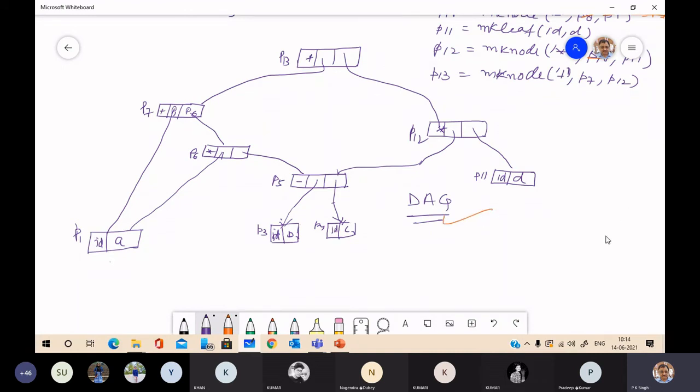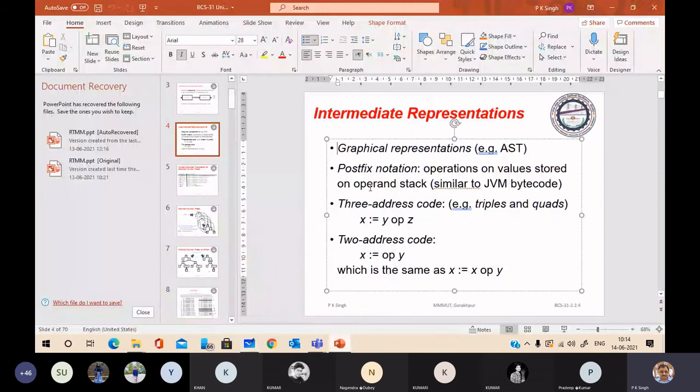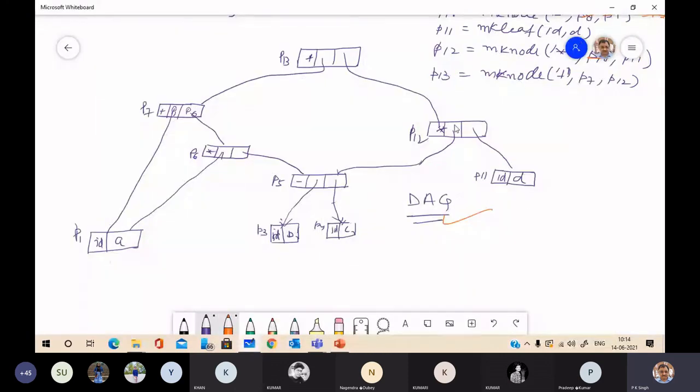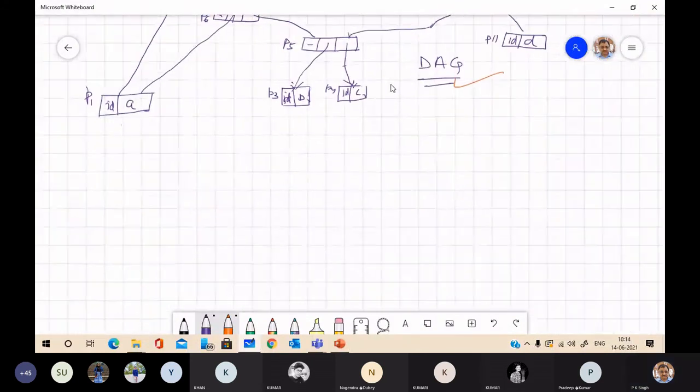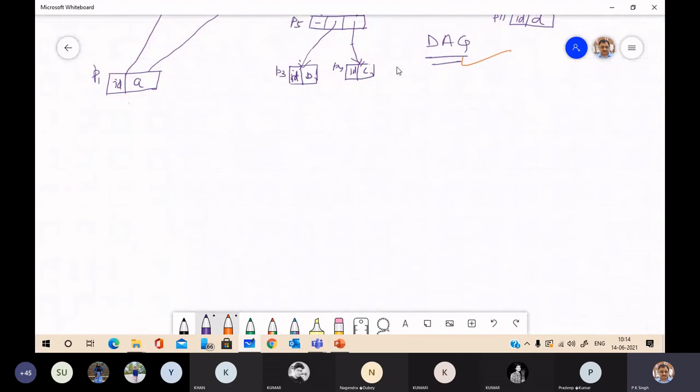The next representation is postfix notation. If you see the evaluation order, you just consider a small grammar.